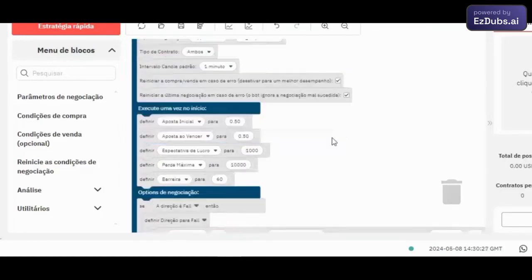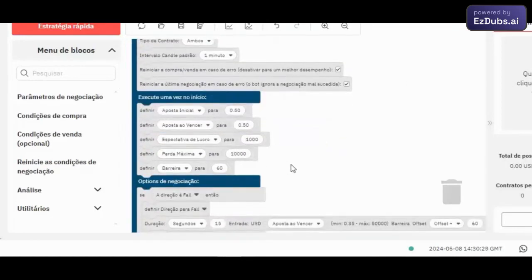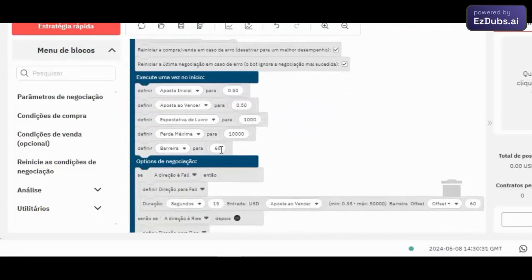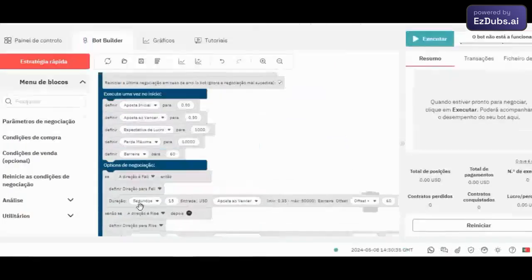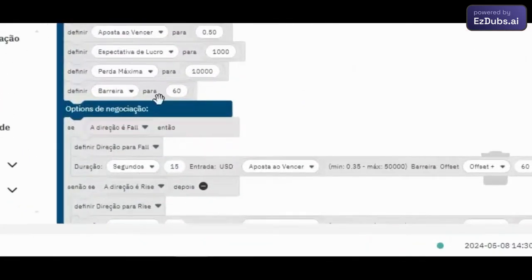And if you want to make any changes to the barrier, this is very important, okay? If you make any changes here, you can see the duration. Let me zoom in here so you can see the duration is 15 seconds. Any change you make to the barrier here, this duration will change. It is important that you put it back in seconds, because otherwise it changes for you, and then your strategy